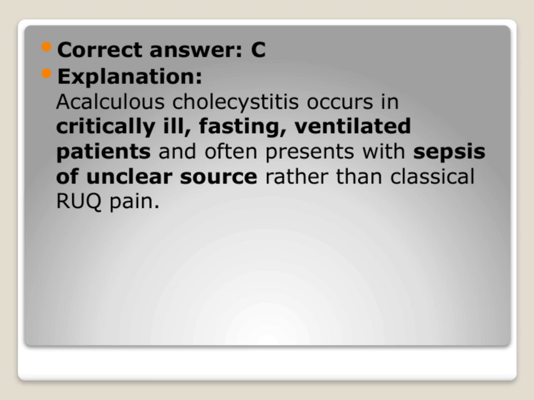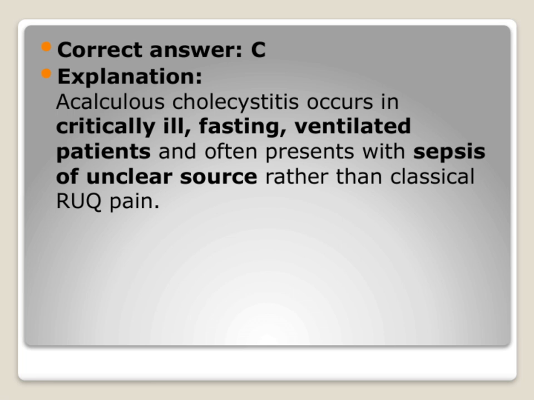Acalculous cholecystitis typically occurs in critically ill patients who are fasting and often on ventilators. Unlike the classic gallbladder inflammation, which presents with right upper quadrant pain, acalculous cholecystitis can be more elusive. In these cases, patients often don't show the typical symptoms. Instead, the presentation is more subtle and more concerning: sepsis of unclear source. This means that instead of the typical pain, the patient may just be deteriorating rapidly with signs of systemic infection,